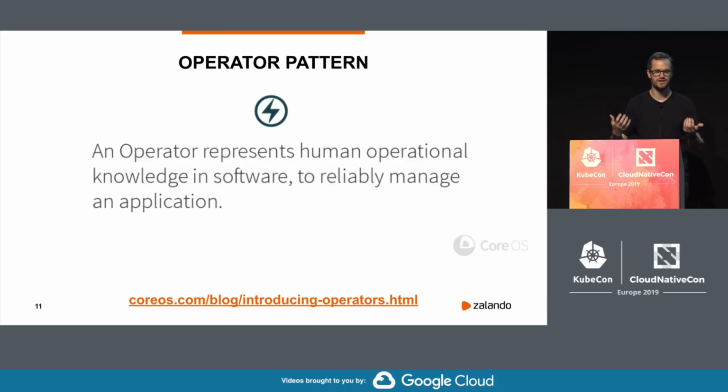So the way I understand it is, you encode what you would normally do as a human, kubectl, do this, call drain on Elasticsearch, all these things you incorporate into code that can perform this for you. This is one way I see operators. I also see, when I look at what other people are building as operators, that operators can also provide an abstraction. So instead of users defining a stateful set, a service, a volume claim,